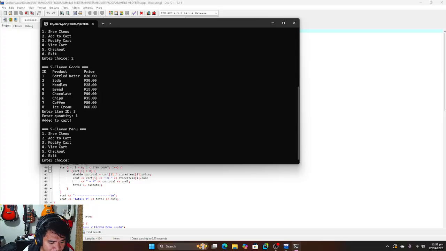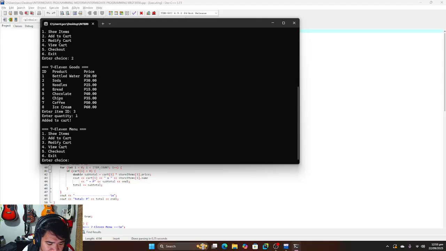Then it increases the total price by 25 pesos. What makes this program more useful is that it has a feature to correct wrong items. If the user chooses the wrong product by mistake, the program will ask if they want to modify the last entry. If they say yes, the program removes the wrong item and lets them pick a new one.